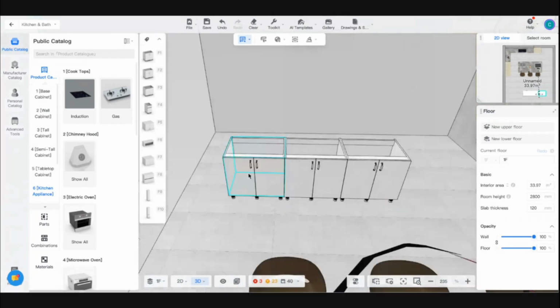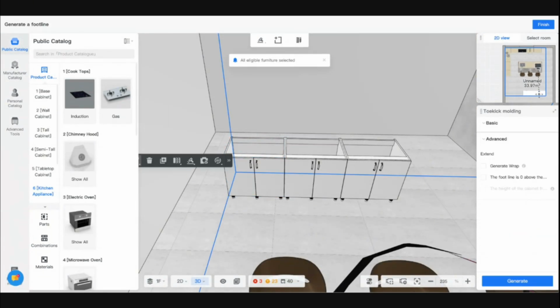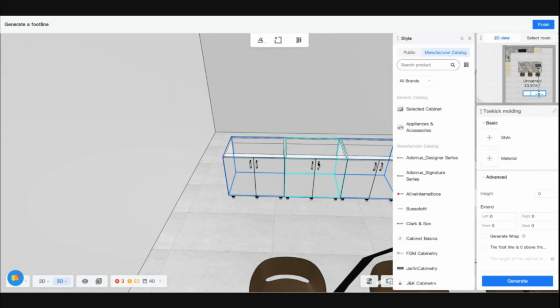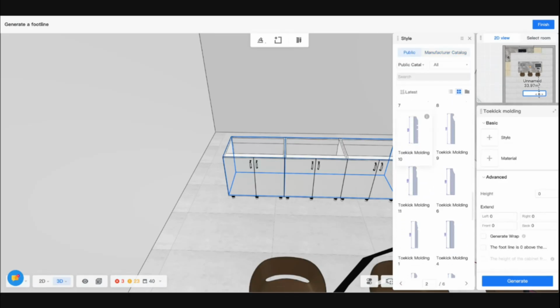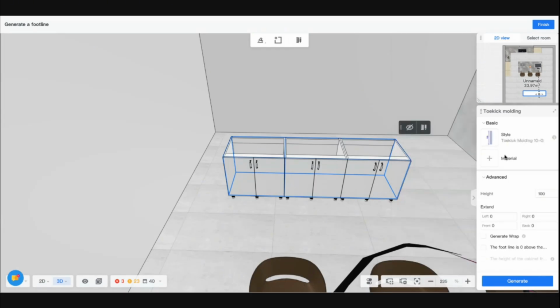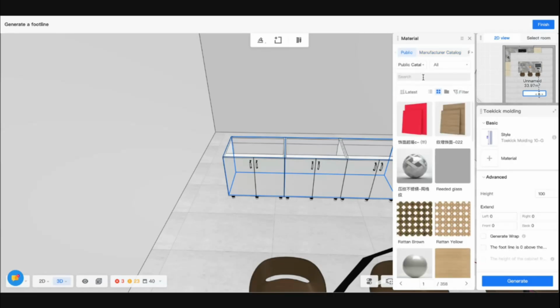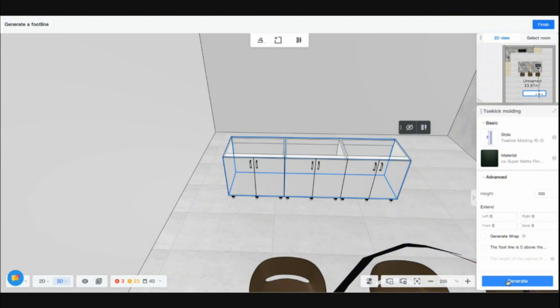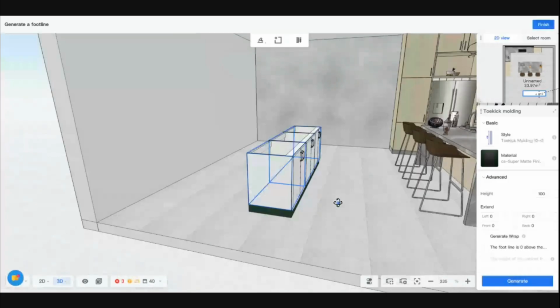The first thing, maybe for you guys also to remember, usually I will start from the toe kick molding. I will select this part and this part first, and then select the style, go to public, and usually I will select a very simple one, for example, like this one. Click it, and then select the materials, for example 42, let me check, there's a very good one, green supermate finish, and click generate, and it will automatically generate the toe kick molding for you. Okay, next thing